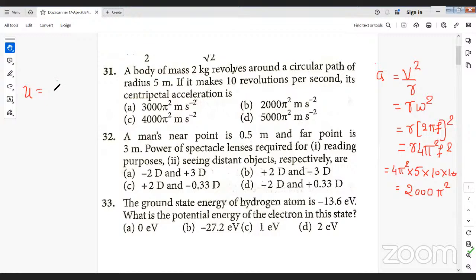I'll convert in centimeters. So if I simplify this, because you know that 1 by F is equal to 1 by U plus 1 by V. So power is equal to reciprocal of the focal length. So here if I substitute the F value and calculate by using U and V values, if you simplify here, you will get it as,